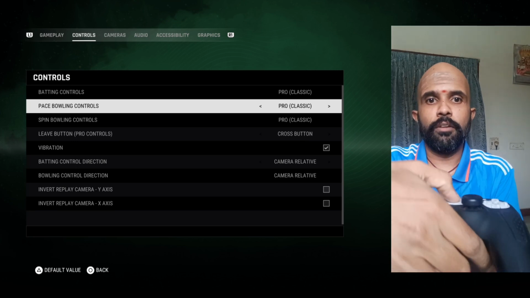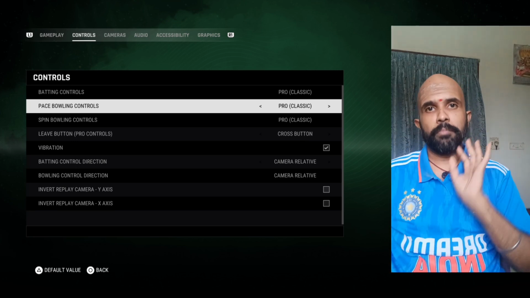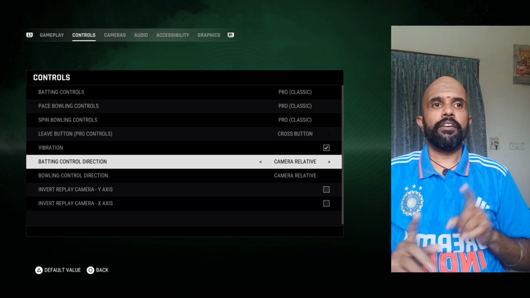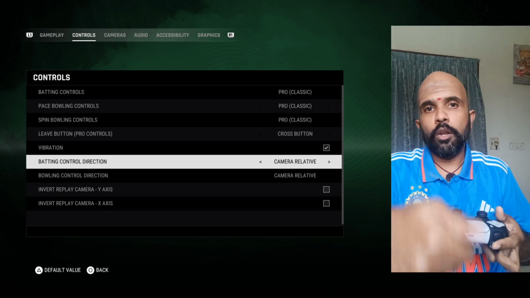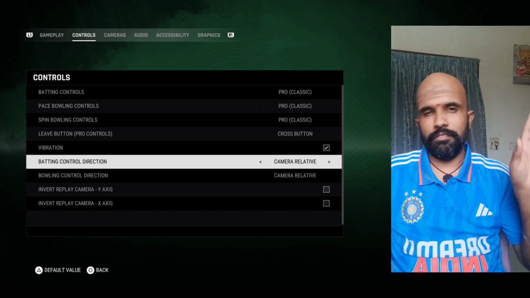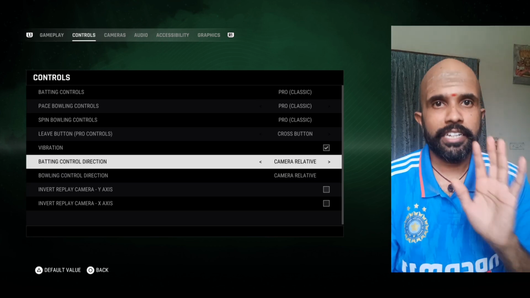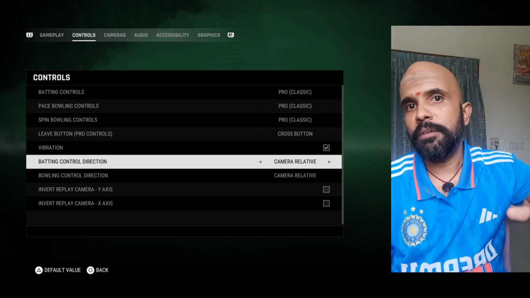So this will be broadcast camera, this will be pro controls. Simple way to tell that. Camera relative basically means whether the front foot will be 12 o'clock or 6 o'clock. That's all. Very simple. Have it at camera relative so that whenever you change the camera, the controls automatically change